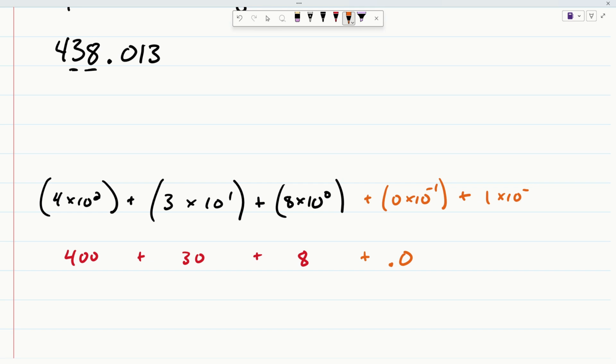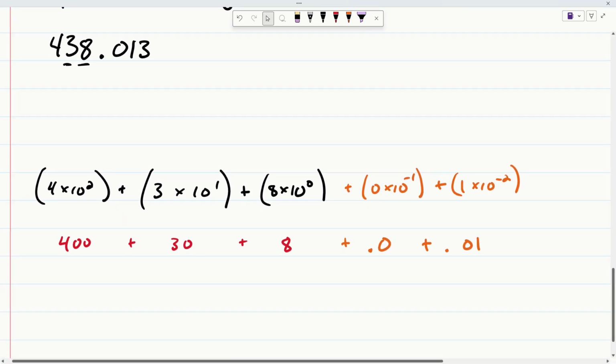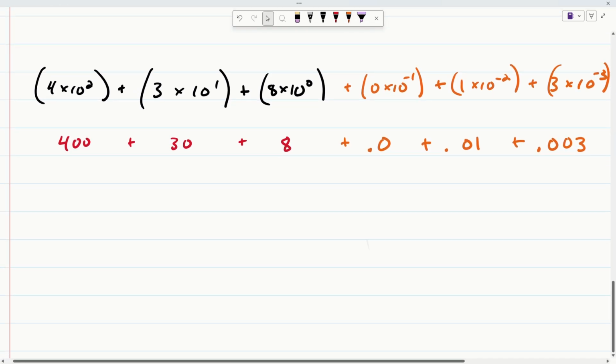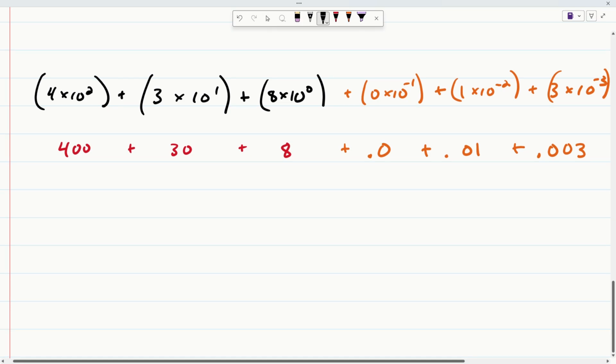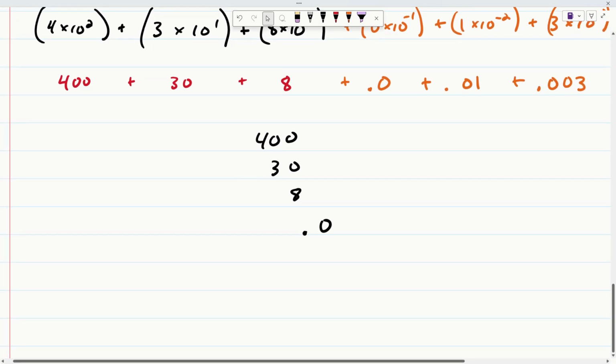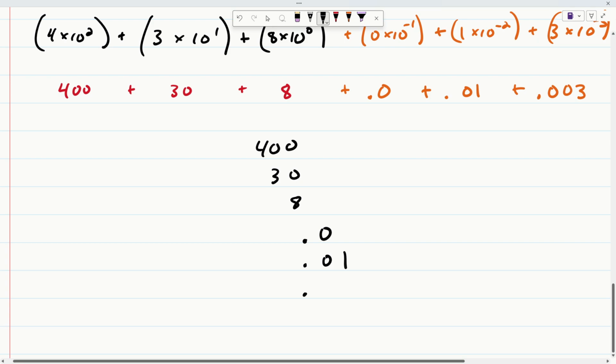1 times 10 to the negative 2. Well, we know that's going to be 0.01. And finally, plus 3 times 10 to the negative 3. So we know that's going to be plus 0.003. So now if I were to just stack all of these on top of each other, the 400, the 30, the 8, the 0.0, 0.01, 0.003, and added them,